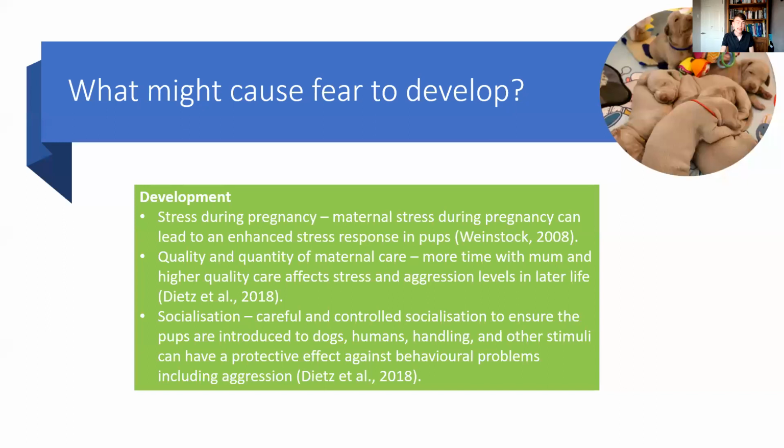Another thing that's really key during those early developmental stages is the amount of socialization a dog gets. This means the amount of time that people spend introducing them to all the different stimuli that they're going to see in the world. That might be humans, dogs, handling itself, roads and streets and the general area that they're going to live, other animals, particularly if they're going to be living with other animals. This is particularly key during their first few weeks, between about 3 and 12 weeks.